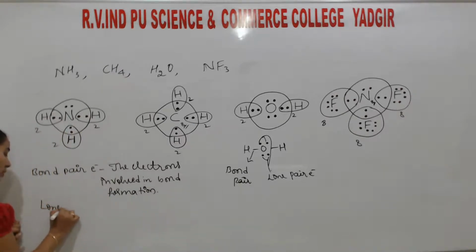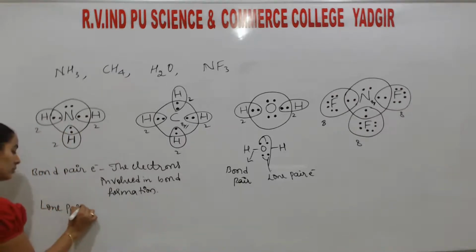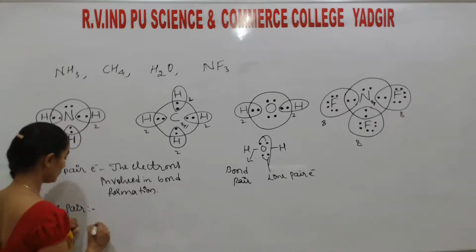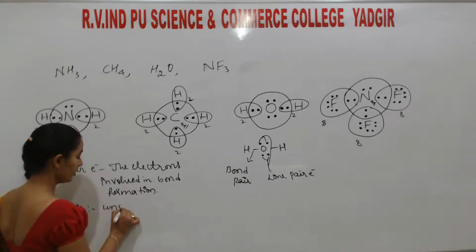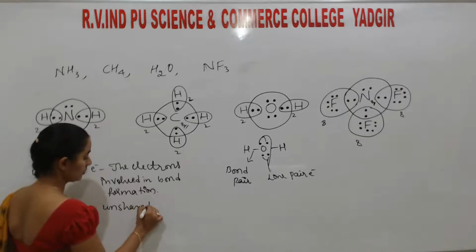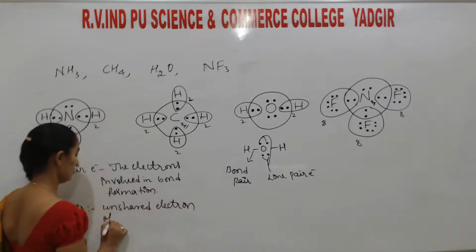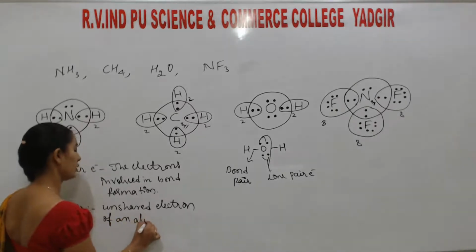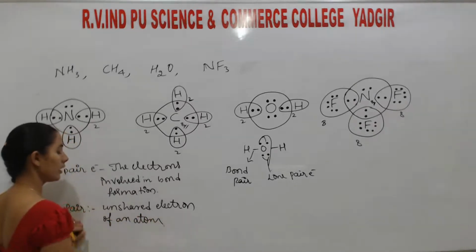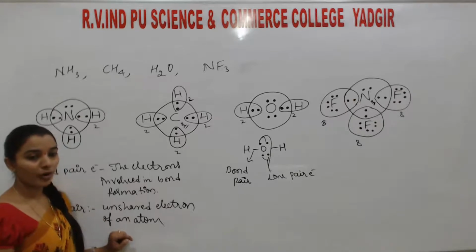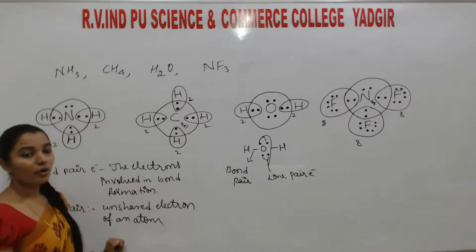What is lone pair? Unshared electrons of an atom. Or in other words, the electrons which are not involved in bonding are called lone pair